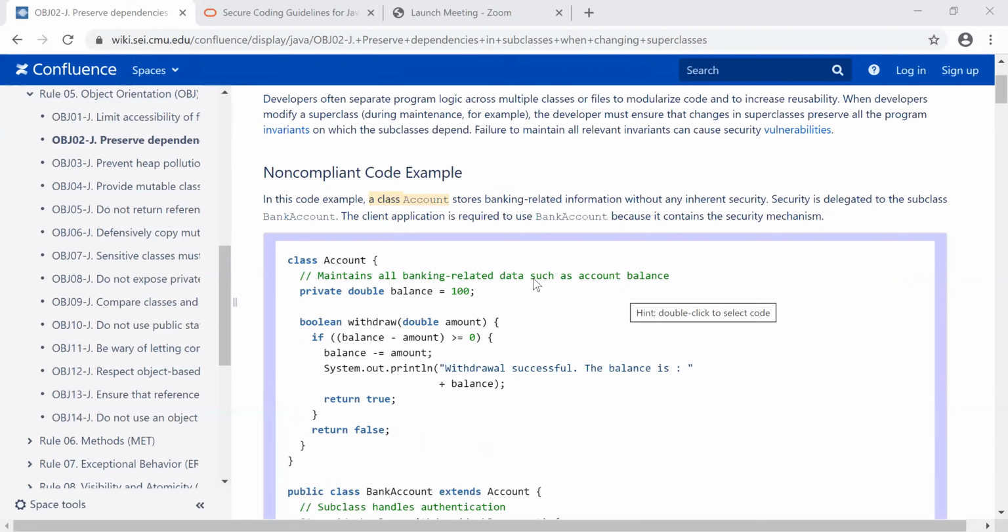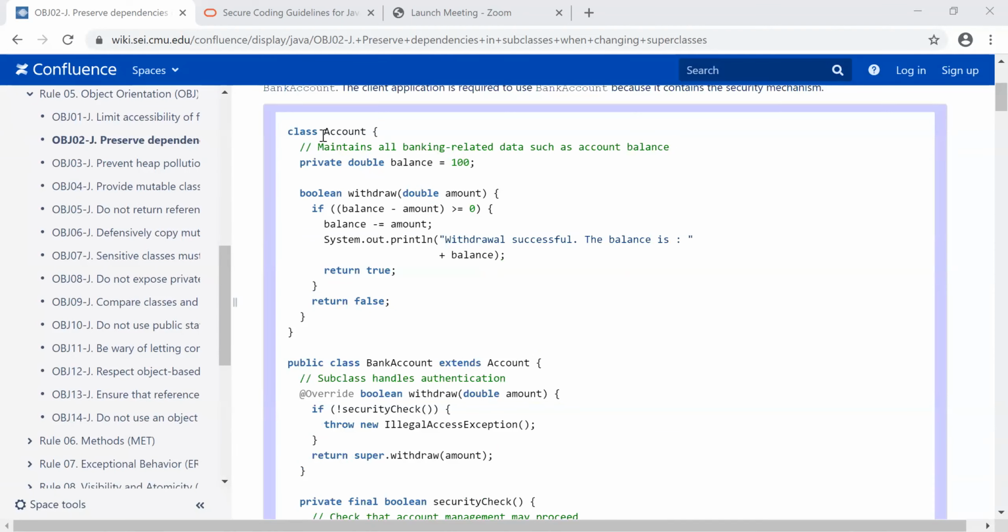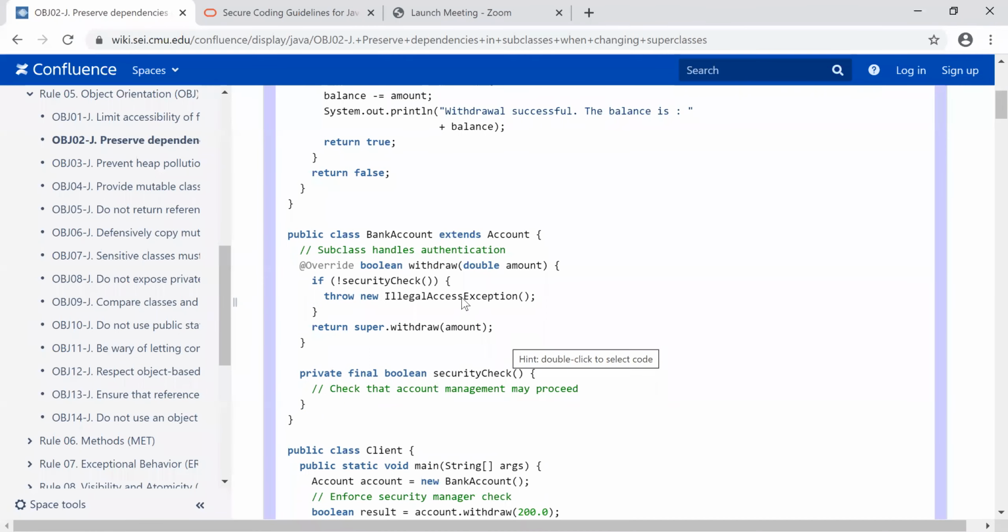Let's take a look at this code. We have a class called Account, and it has a single private instance variable called balance. Over here we have a withdraw method, and what the withdraw method does is take off some money. And then over here, we have a